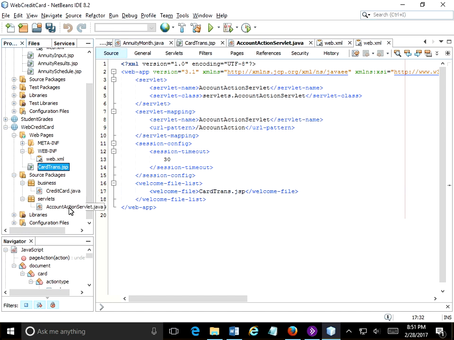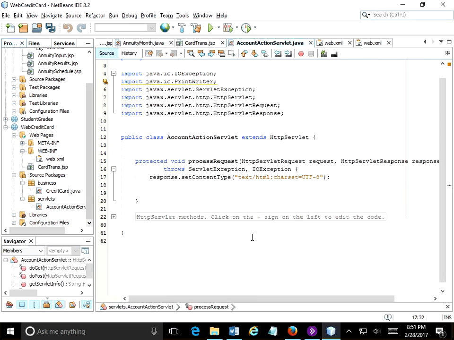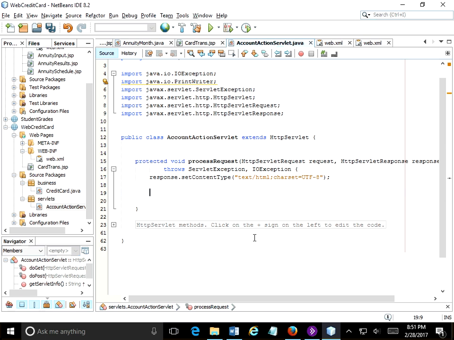So let's go to the servlet and get some things ready. We are going to have an object that, once we create it, is going to be a session object, because they're going to be going back to the same page all the time. They're going to enter some data, ask for an action, and then the same cardtrans page will be refreshed after the action is processed. So we're going to have a credit card object,